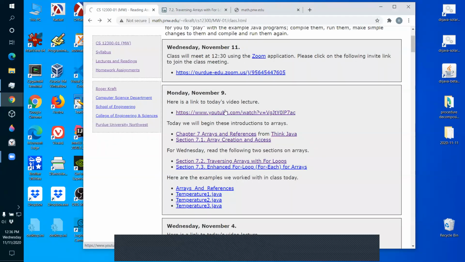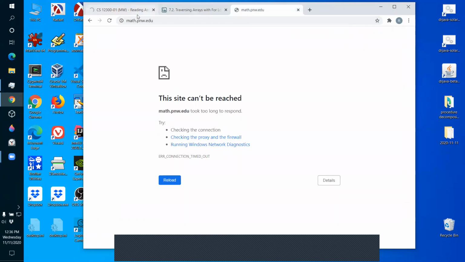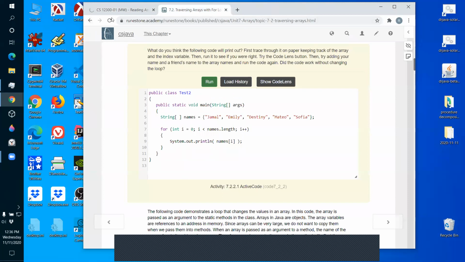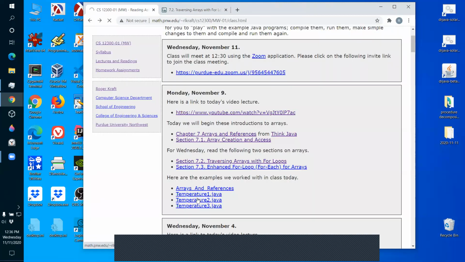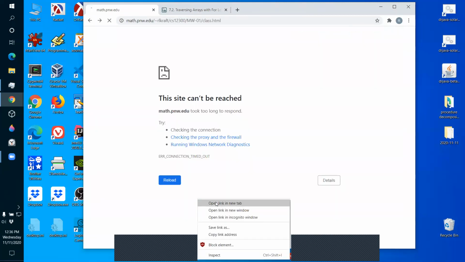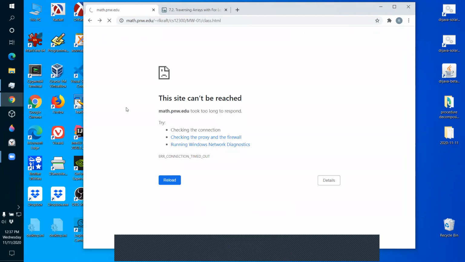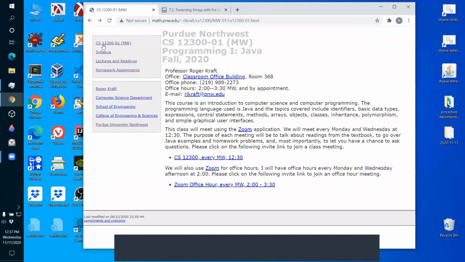I loaded this page just a couple minutes ago, and now it's gone. Now it won't reload. It seems to be something intermittent. It loaded when class started, and in the 7 minutes that we've been in class, it's died. So this page doesn't seem to be there anymore.